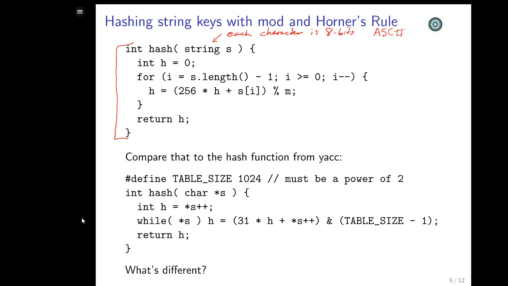And what this loop does is it calculates the bit representation, as if that was a number, for the entire string. It concatenates the 8 bits together like this. That's a gigantic number, and it takes it mod m. But it does it in a clever way. It does it using Horner's rule, which is basically to say that if I wanted to get